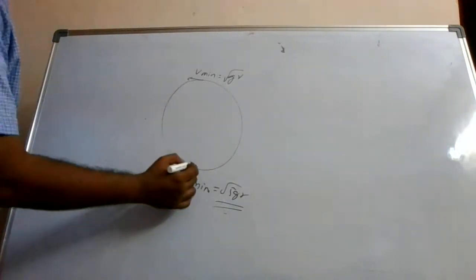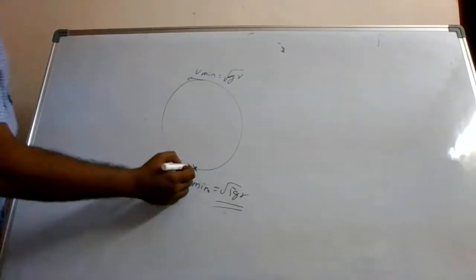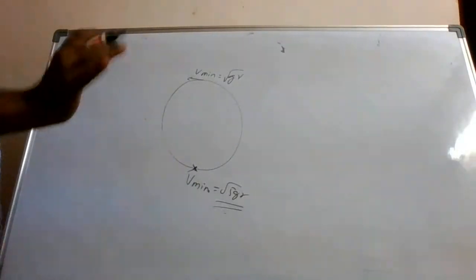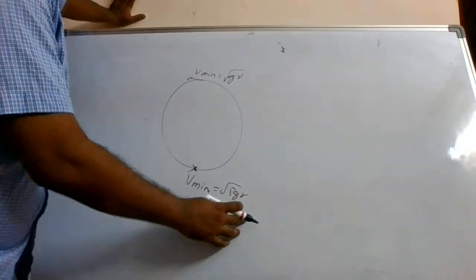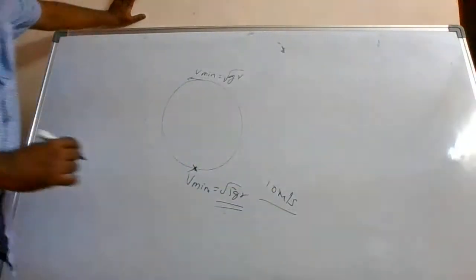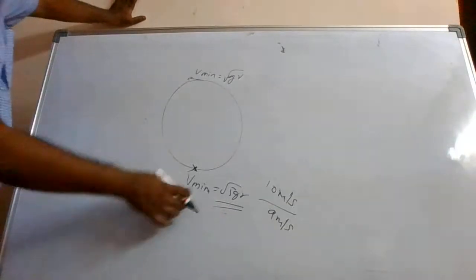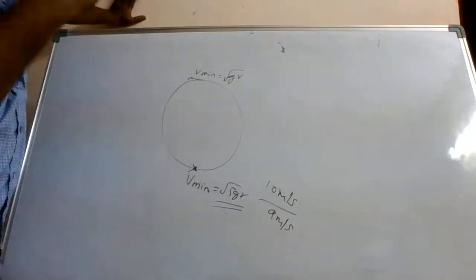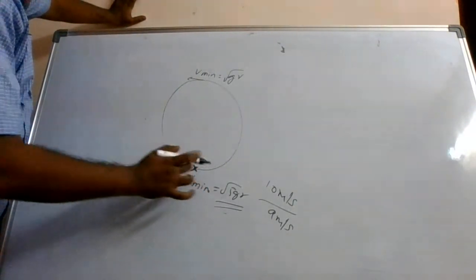Okay. Now this is the lowest point. Alright. Now when you release this object here, it will continue an oscillatory motion. So suppose, in the previous example, how much did you get for root over 5GR? 10 meter per second. Let us see. So you give 9 meter per second at the lowest point. Will the circular motion happen? It won't happen.